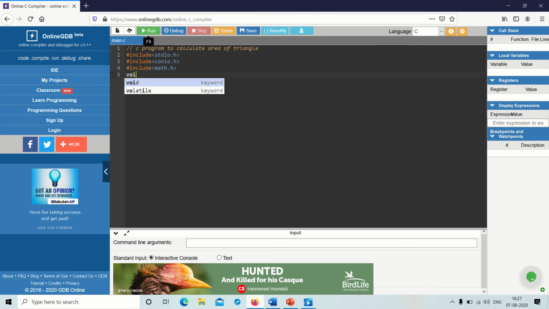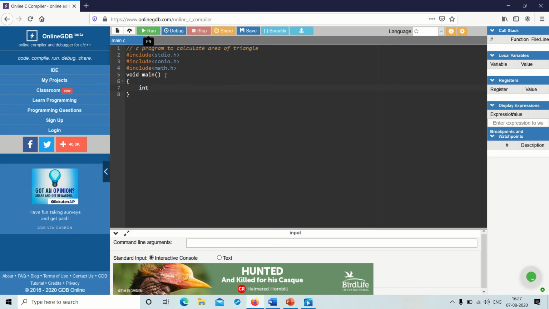Now let's begin the main function. Here I declare the main as a void. It means that function does not return any value. Now, as we have discussed earlier, there are two ways to solve this. So let's give the choice to the user to solve the problem.